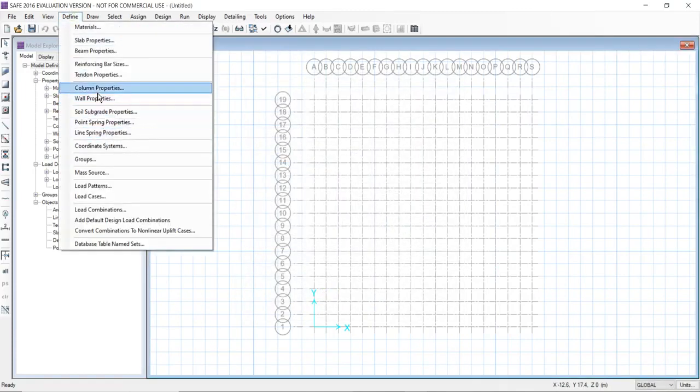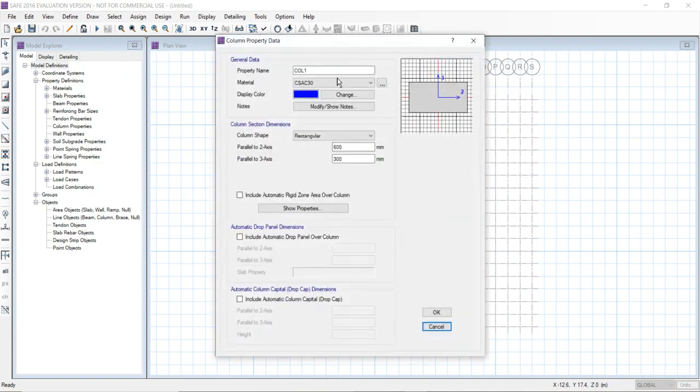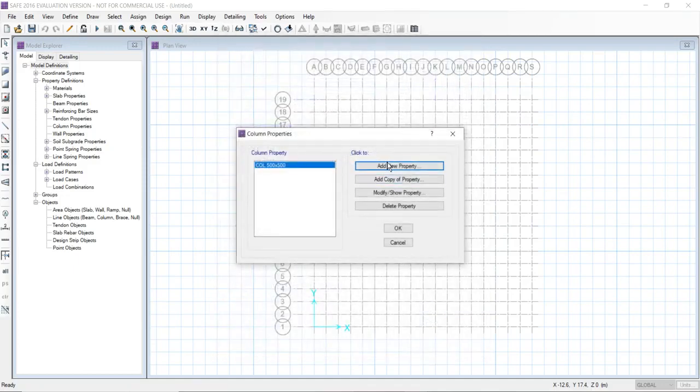Now we'll define the column properties. We have the column of 500 by 500, material M40, size of 500 by 500 and click OK.